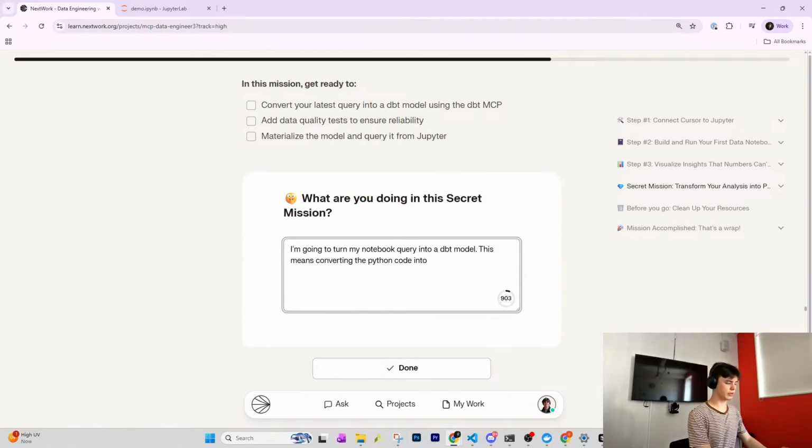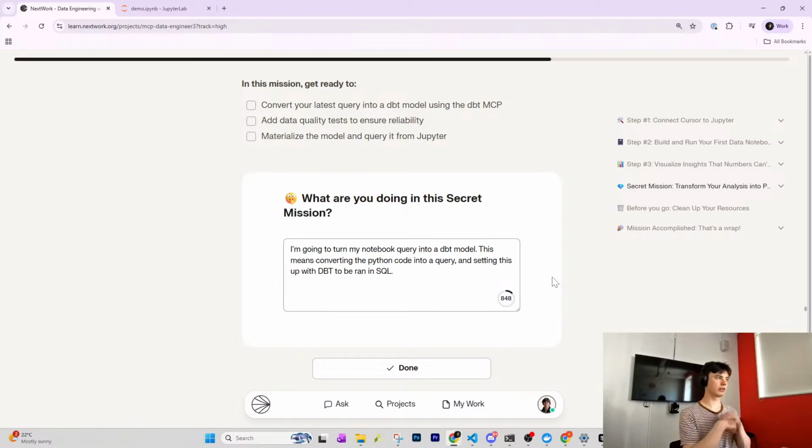Converting Python code into a query, and setting this up with DBT. We can also talk about the data quality tests as well, adding data quality tests,